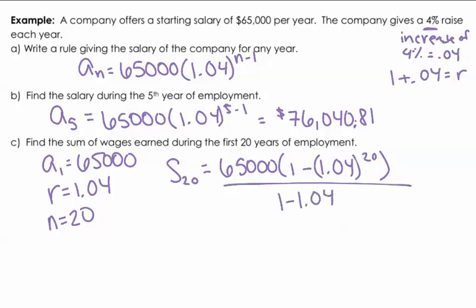So if you go ahead and type that in your calculator. Now at this point, when you type in that 1.04 to the 20th power, you're going to get a whole bunch of decimals. You should keep that in your calculator. So you should try to type this whole thing in by itself, but if you can't, go ahead and multiply by -1 and then add 1 to it, and then multiply by 65,000 and then divide by 1 minus 1.04, making sure to put that in parentheses. So when you do that very carefully, you should end up with